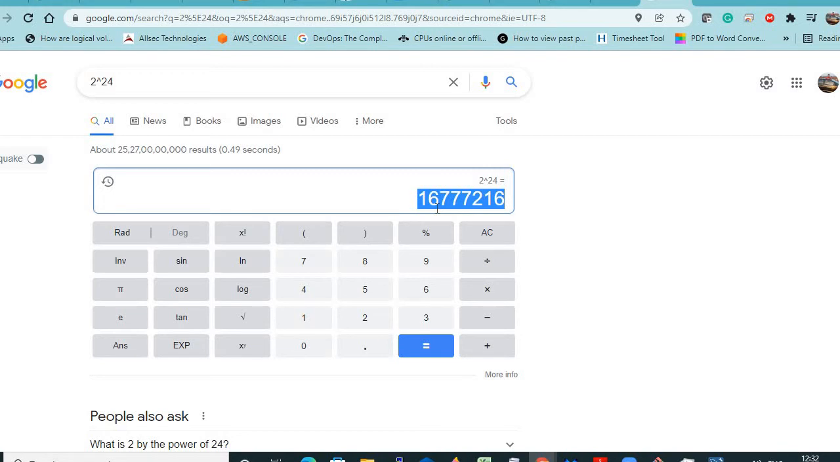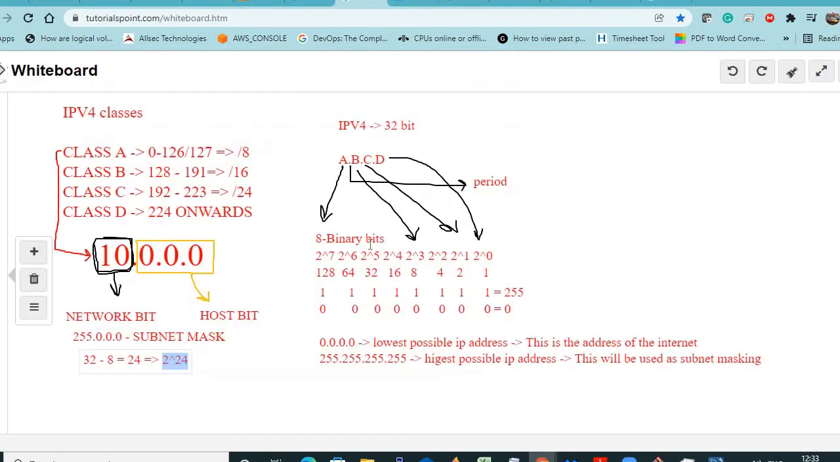So how many IP addresses? So this is the biggest. Okay. Now similarly,